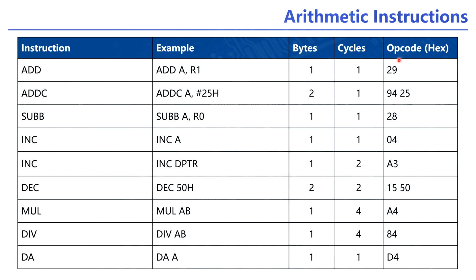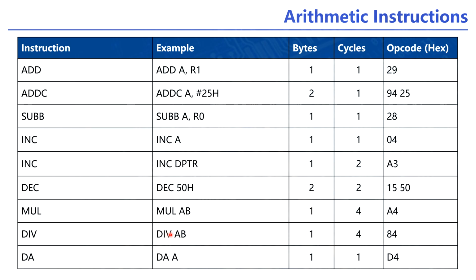Suppose you want to use the operation code A3, that means you want to use this instruction in the program, right? Next thing, decrement 50H. This is just the location of the memory, right? This instruction is a 2-byte instruction, right? For this, execution takes 2 cycles, right? The opcode of this